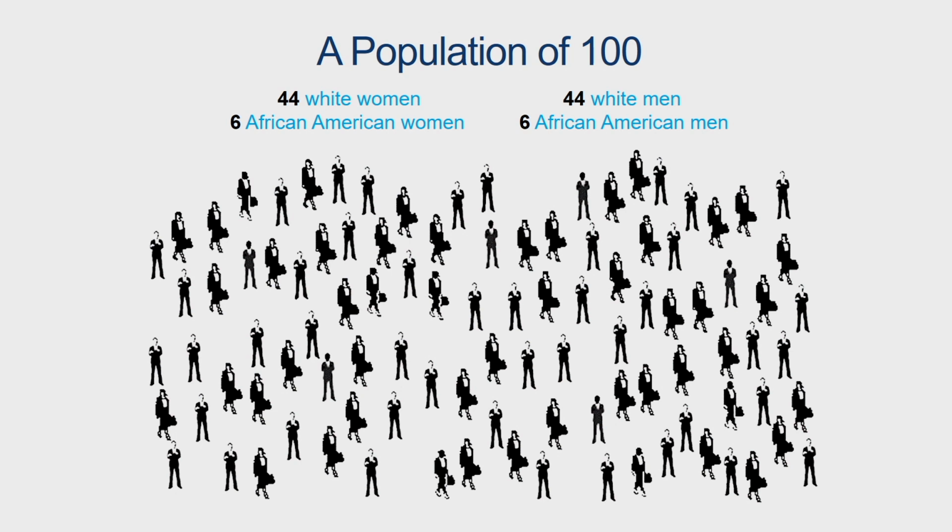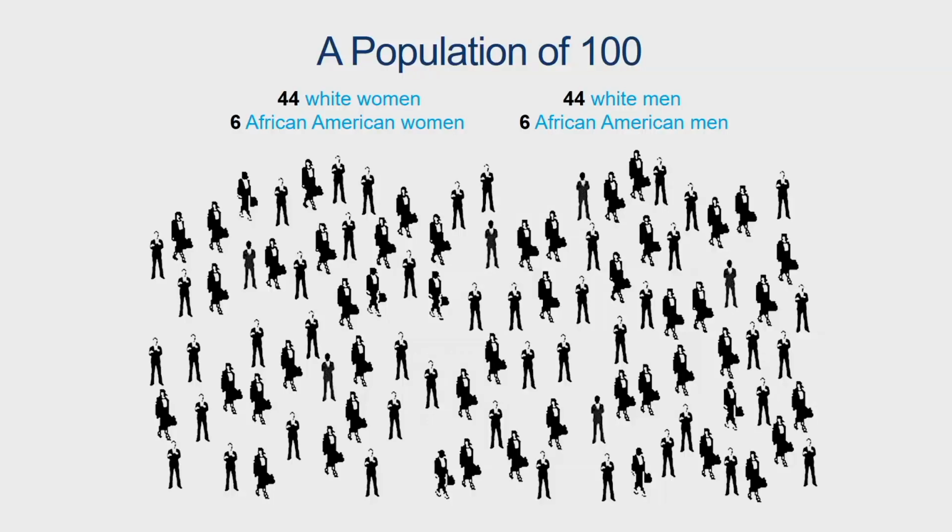But the situation changes if we are concerned about the ethnic backgrounds of the population also. Let us say we are looking only at the average incomes of white men and women. Then our sample frame becomes only white men and women, that is 88 persons in the total population, and we draw a sample from the 88. Further, if we are looking only at the average incomes of white women vis-a-vis all the others, then our sample frame is 44 and not 100 as was earlier pointed out.